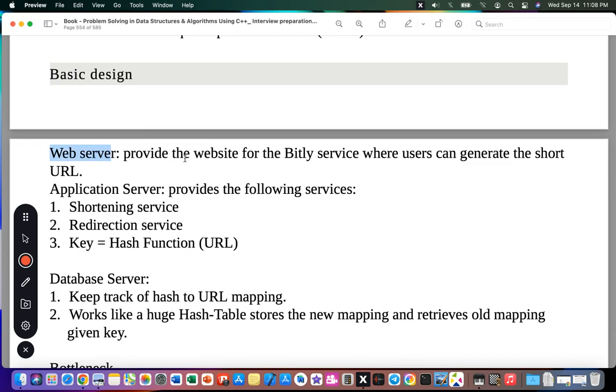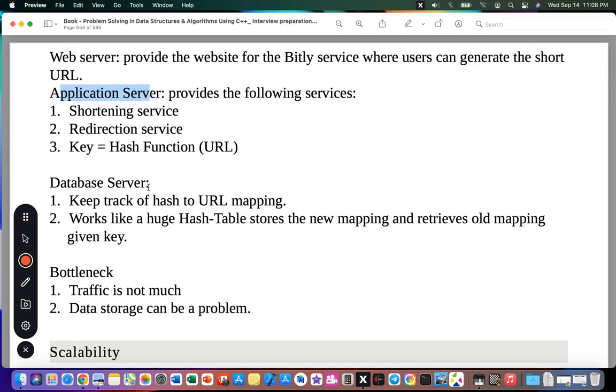The web server provides the website for the Bitly service where users can generate a short URL. The application server provides the following services: shortening service, redirection service, and the key equals the hash function. So we need a web server and an application server so far. And of course, we always need a database server.